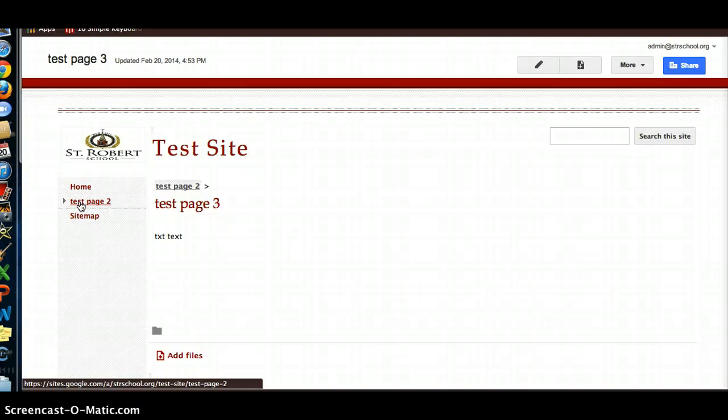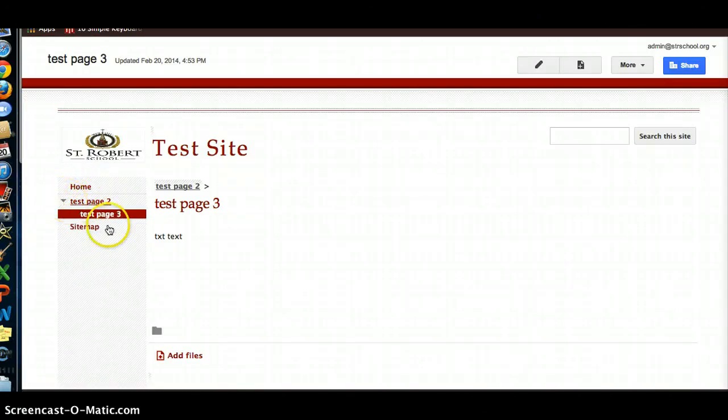Well, you want to embed your 5 pages underneath. You want to kind of hide that. You don't want your navigation bar to be messy. So this would be a way for you to embed your pages underneath. It's called a parent-child or a superior-inferior layout, but it just gives a clean, nice look and helps with organization